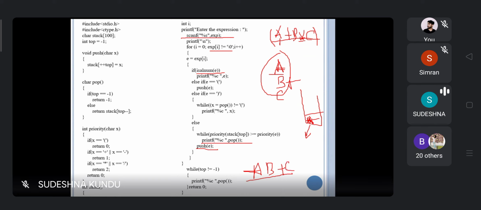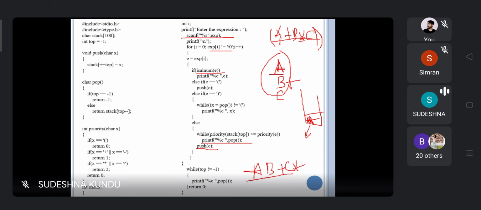Now we are getting the closing bracket. Whenever we get any closing bracket, we have to pop all the elements present in the stack, the star. So first, A plus B star C: for A, we directly print onto the screen.